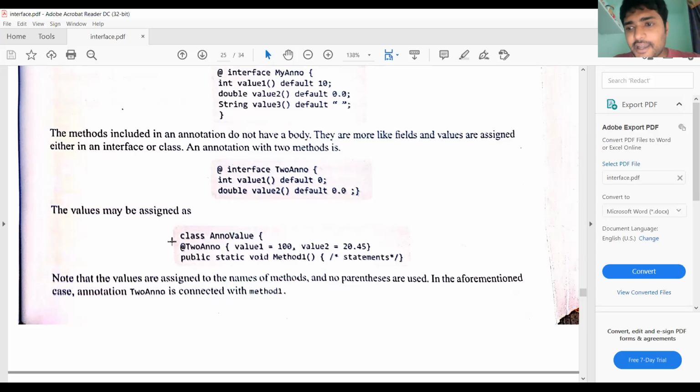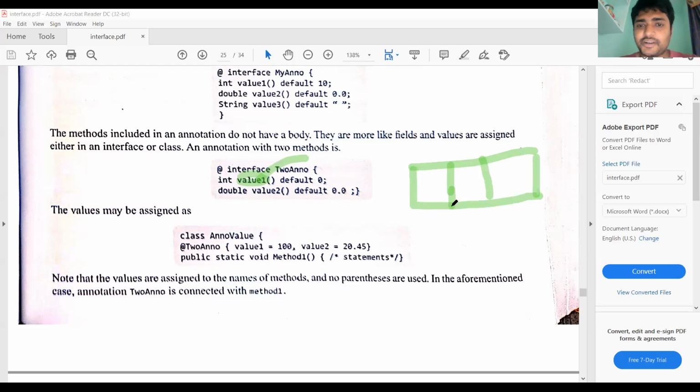We can assign the values for the method also. We are treating this method as some attribute, and an attribute means some field. The field consists of some partitions: field 1, field 2, field 3, field 4.